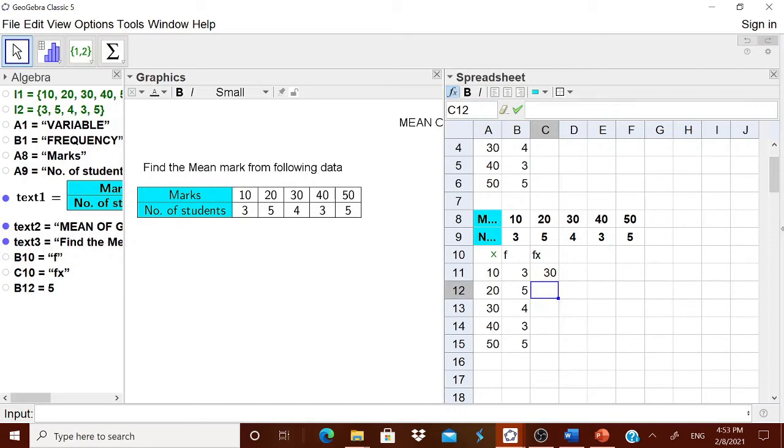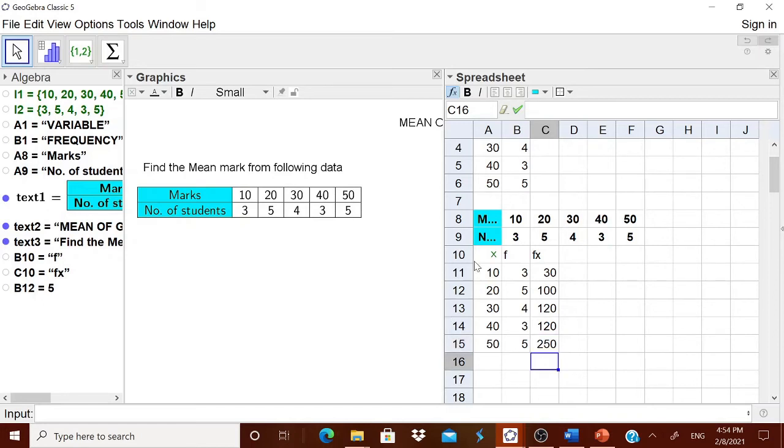Got it? Then A12 into B12, then A13 into B13, then A14 into B14, then A15 into B15.